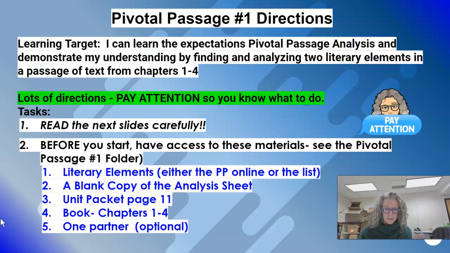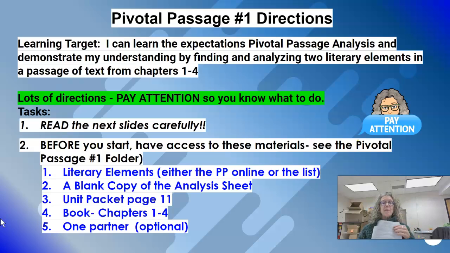That's a literary element. The use of imagery, language that appeals to your senses, something you can see or hear, smell or taste. Chinua Achebe does that a lot. That's another popular one in here. The use of proverbs. Sometimes he has proverbs in here. Syntax is the sentence length. Are some of them really short? Are some of them really long? Are some of them kind of fragmented? Sometimes authors will do that for a certain effect. And then the last one, number 8 on your list, is tone. What is the author's attitude or mood of the story at this point?